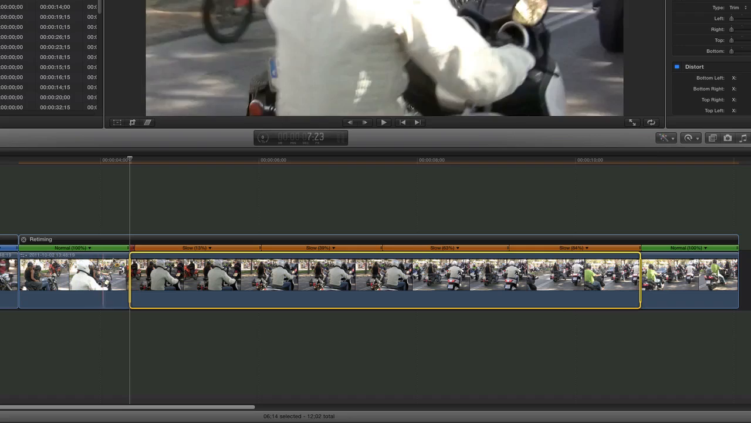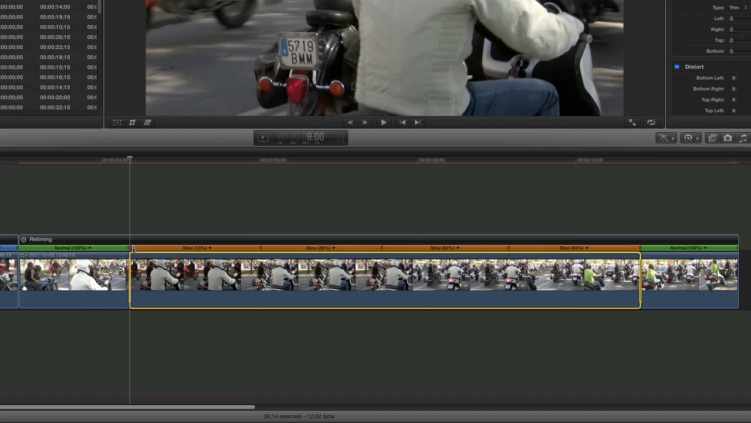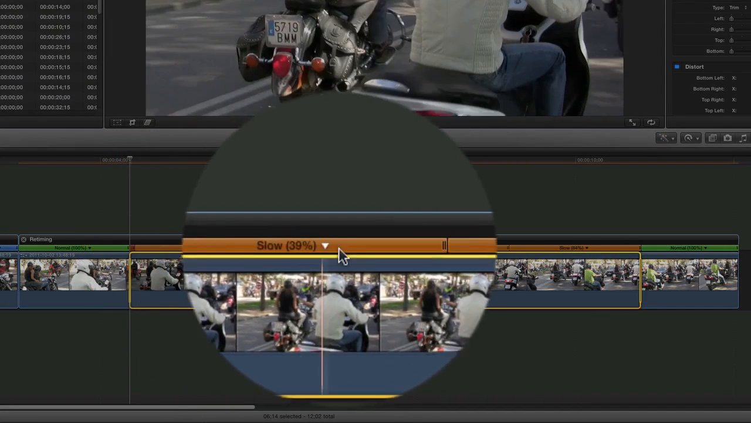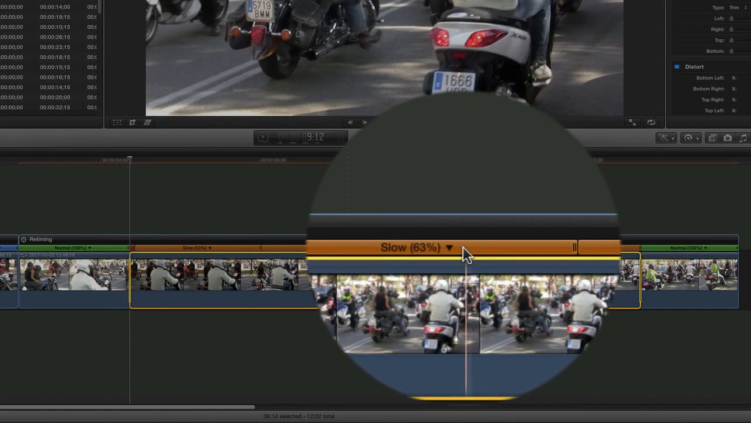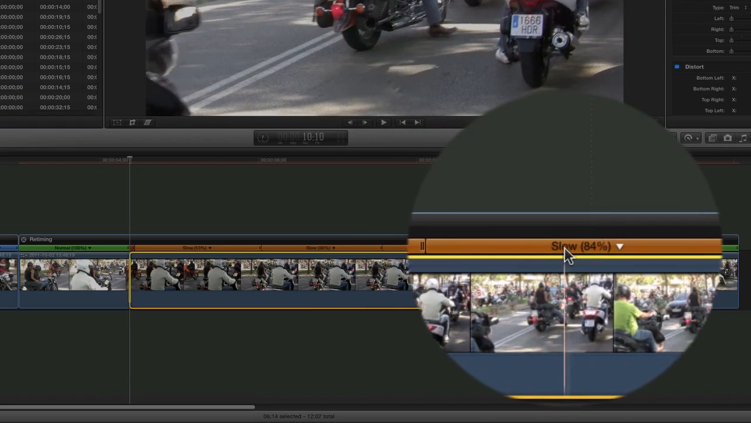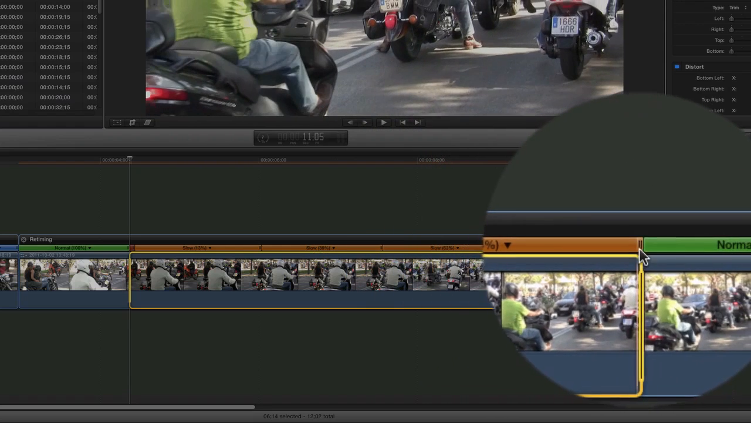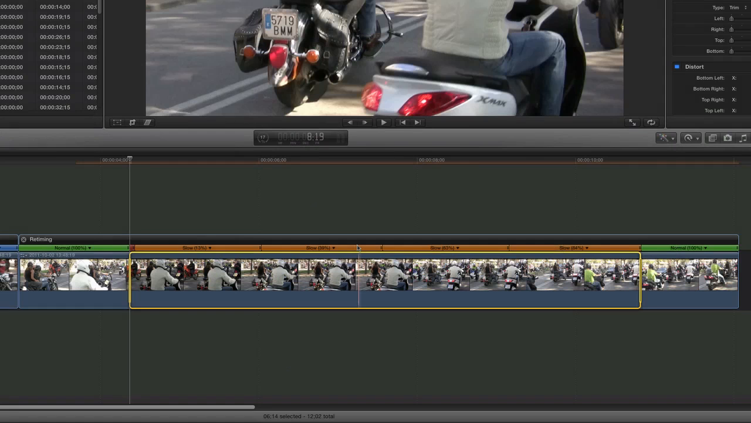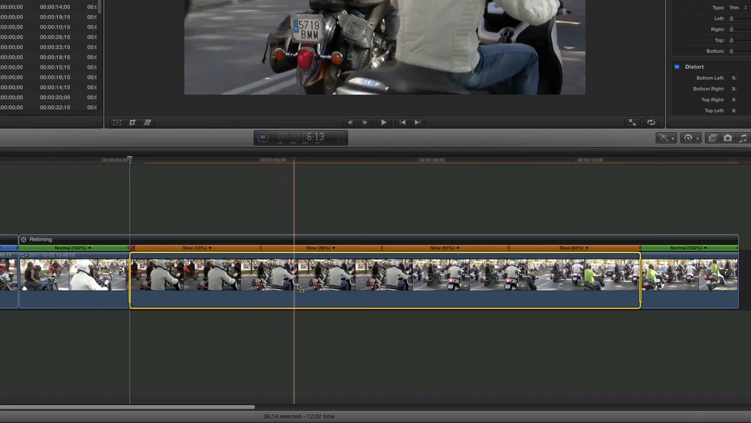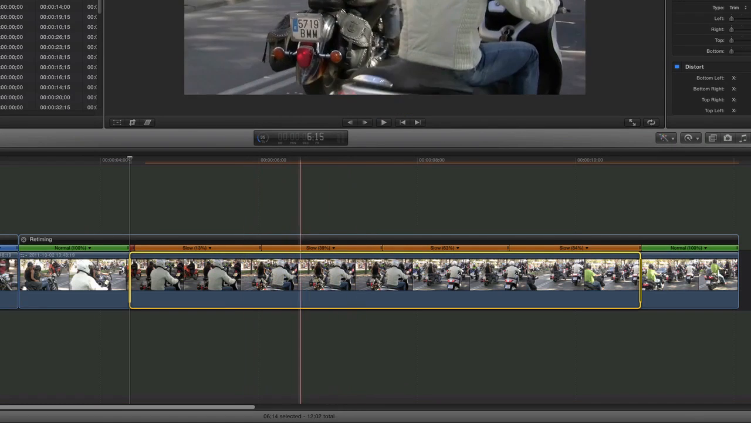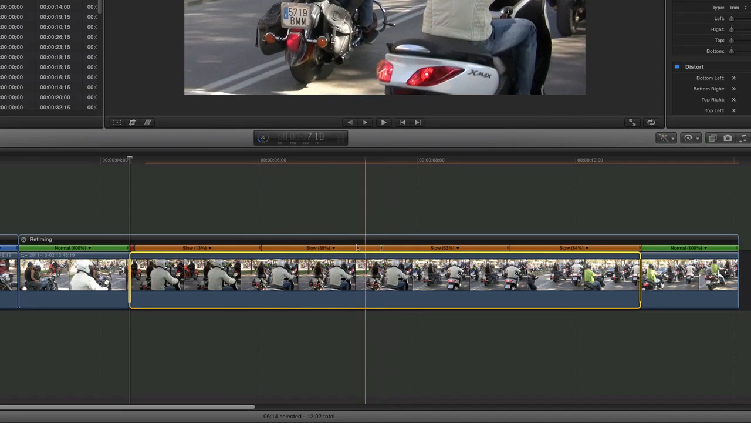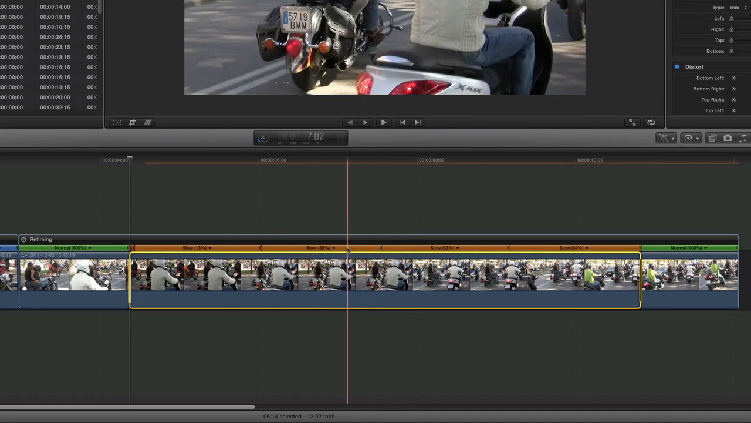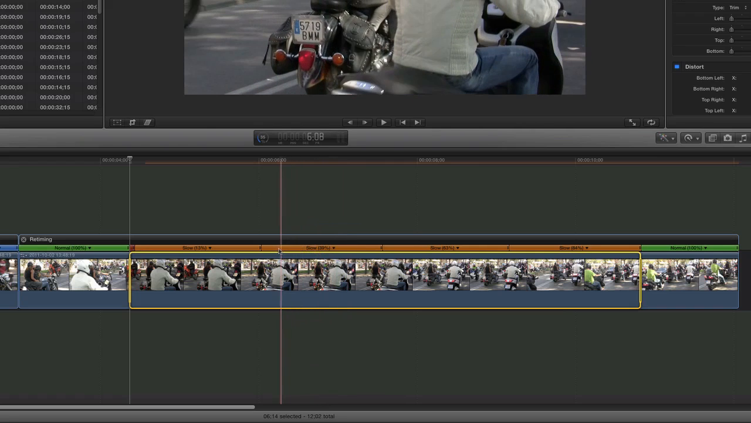So after the unretimed part at the beginning of 100%, we have a bit that changes to 13%, then the next part changes to 39%, onto 63%, and finally it goes to 84% and returning to 100% on the last section. So this is what you get with a variable speed clip. And once you have these sections in place, you can make further adjustments. So that, for instance, this part here where it goes from 13% to 39%,